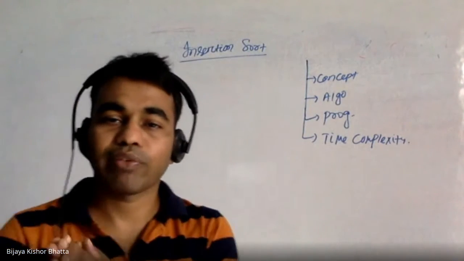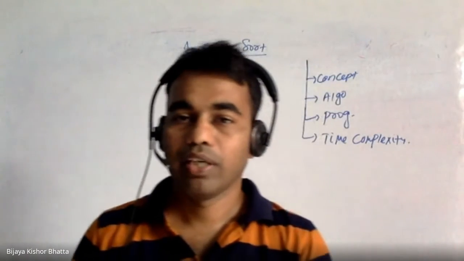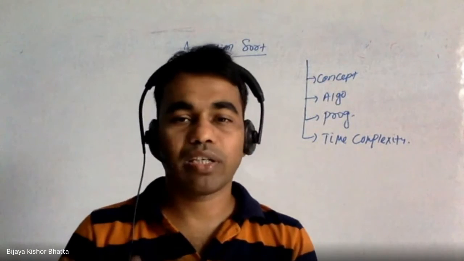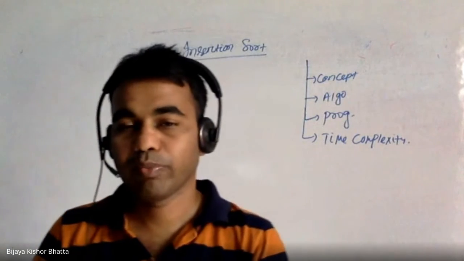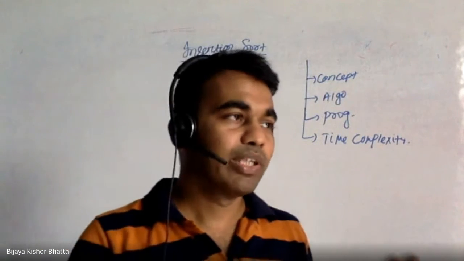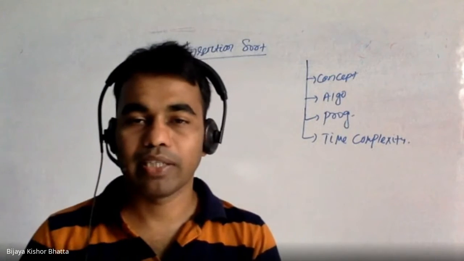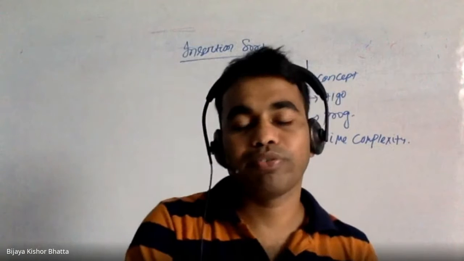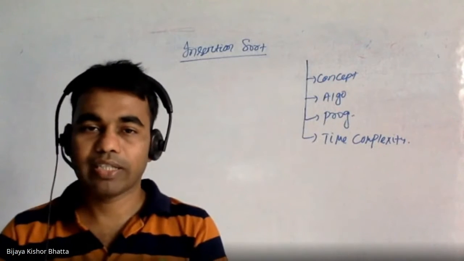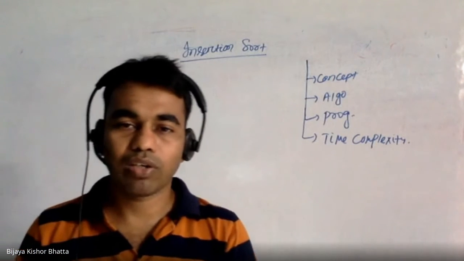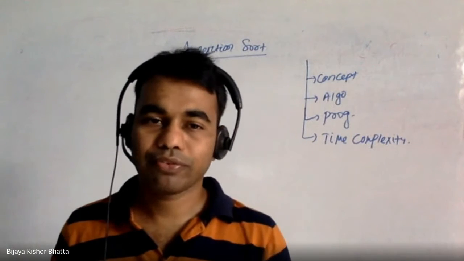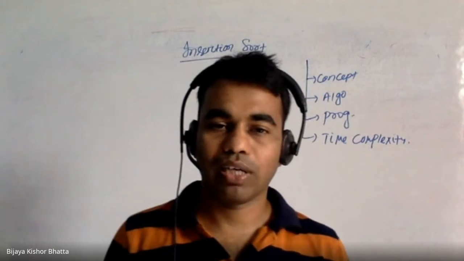So now let's first of all understand the concept. How does this particular concept work, right? Actually, this is one of the better versions of the bubble sort. If you remember, in bubble sort there are a lot of comparisons happening, right? So insertion sort is used to minimize the number of comparisons, right? How does it do that? It is like, if you have ever played cards, right?